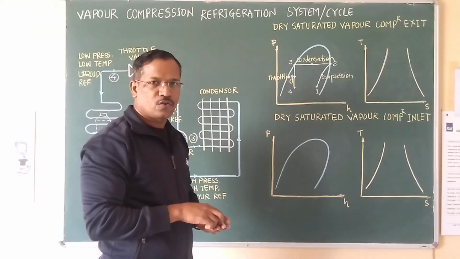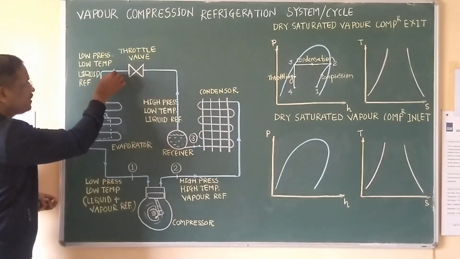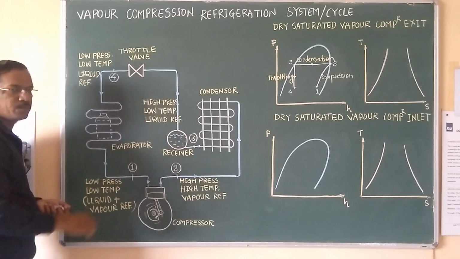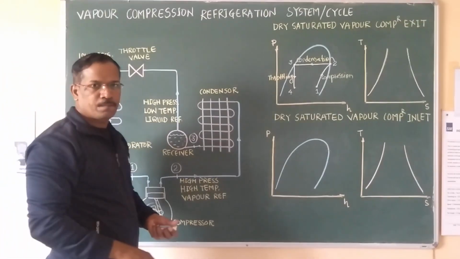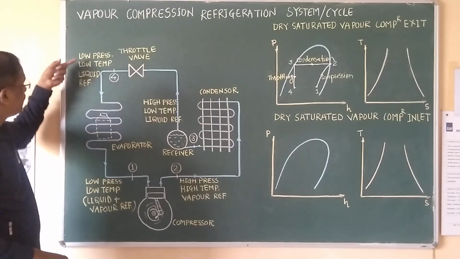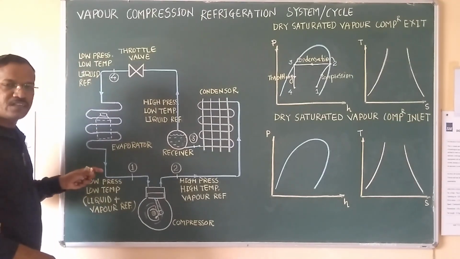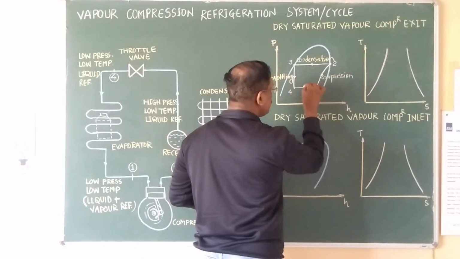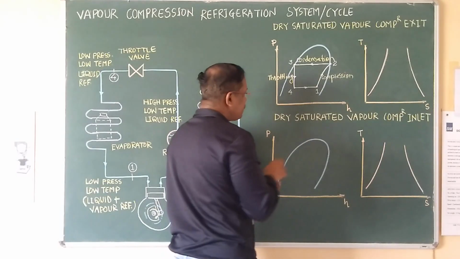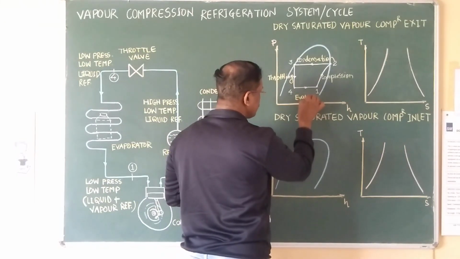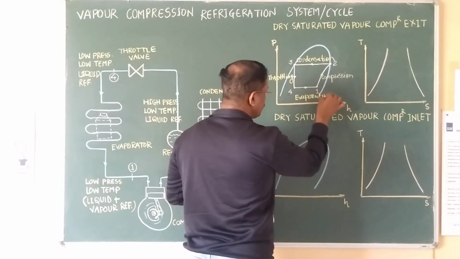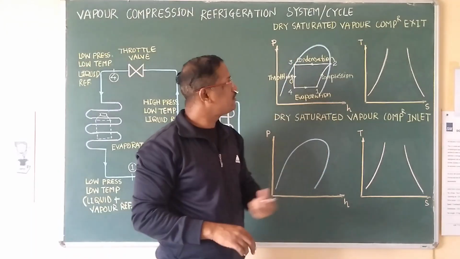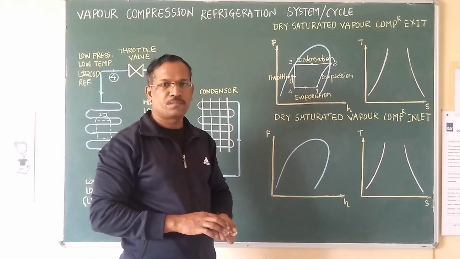Here enthalpy is constant, and after throttling, whatever the properties are, the refrigerant passes through the evaporator unit and reaches state 1. And in the evaporator unit, the pressure is low and remains the same, so it is again a constant pressure process. So pressure has no change, and this is evaporation. So this will be our pH diagram when dry saturated vapors are available at the compressor exit.